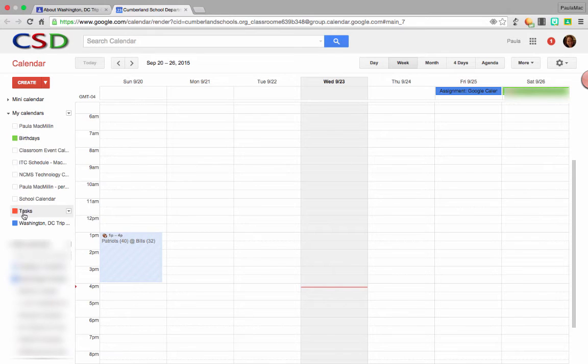Obviously, I have a lot of my calendars turned off right now, so you can't see a lot of my events, but you can see under my calendars on the left side, all the way to the bottom, I have my Washington, D.C. trip calendar. This is the Google Classroom that was set up for this specific trip, and it shows up right here under my calendars. So now I have my assignment,